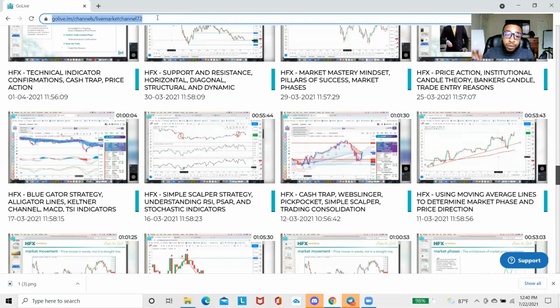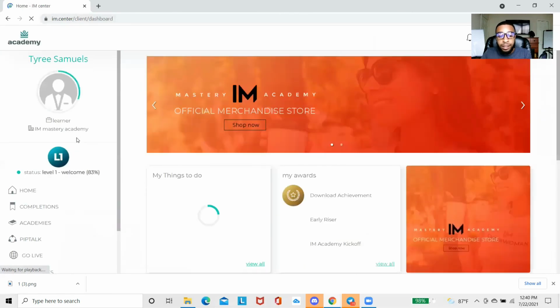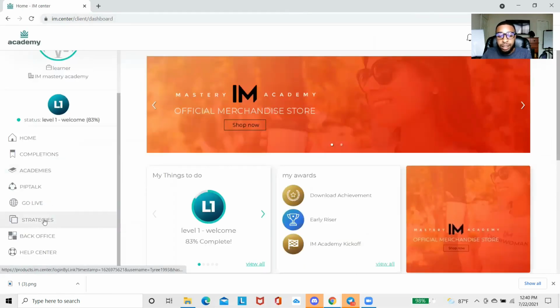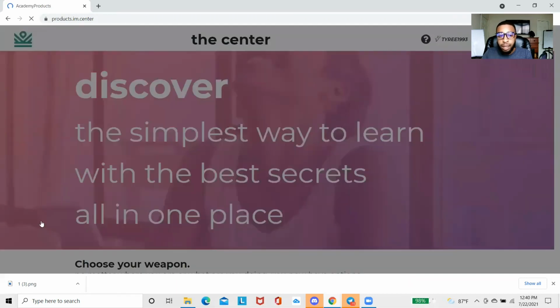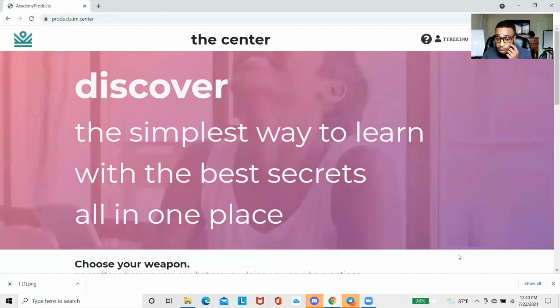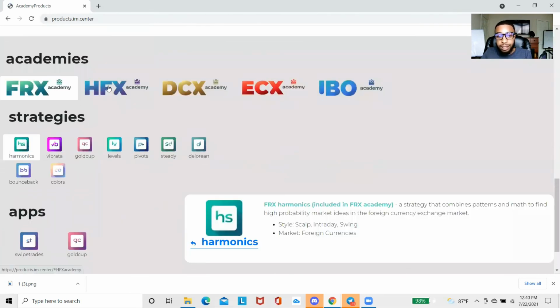Now, what we're going to do is work our way back over to im.center. And now I'm going to select where it says strategies, right? And whenever I scroll down, the strategy I actually want to select is, first off, I want to go to